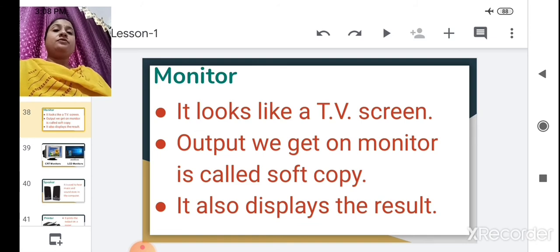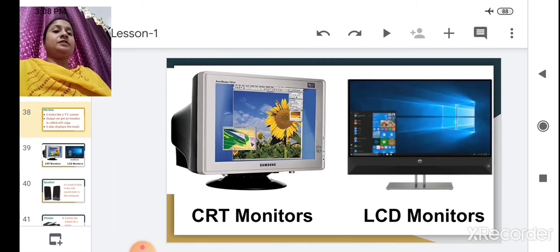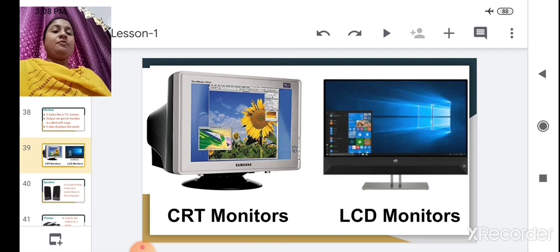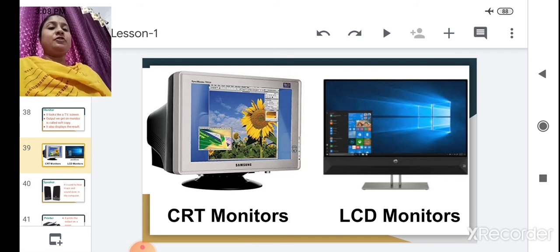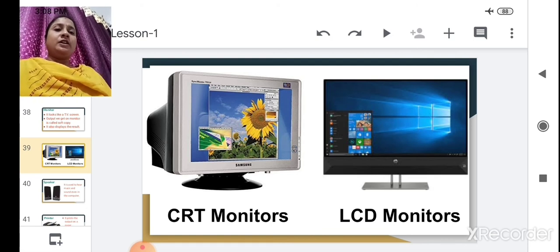Now we are going to see the different types of monitors: CRT monitors and LCD monitors. When the computer was introduced, CRT monitors were used. It is a little bit heavy but less expensive, and consumes more electricity. But nowadays LCD monitors are there.